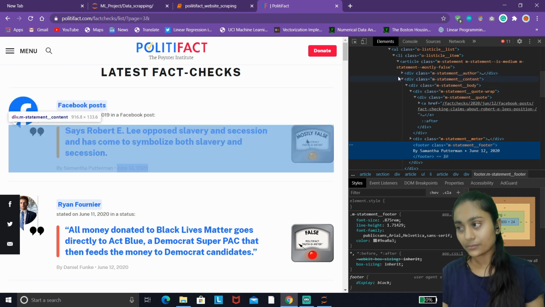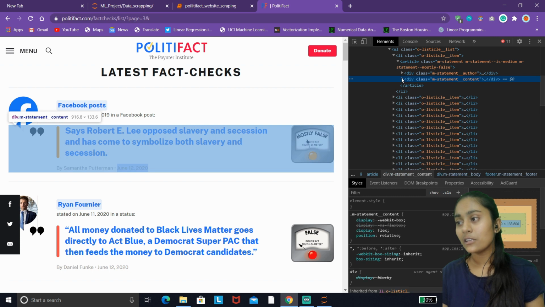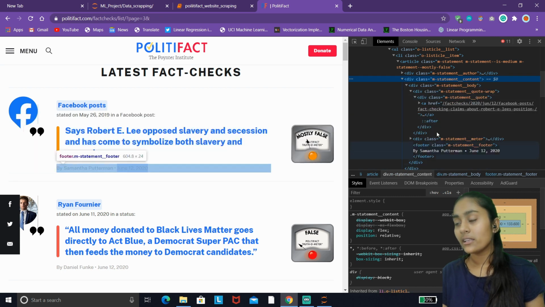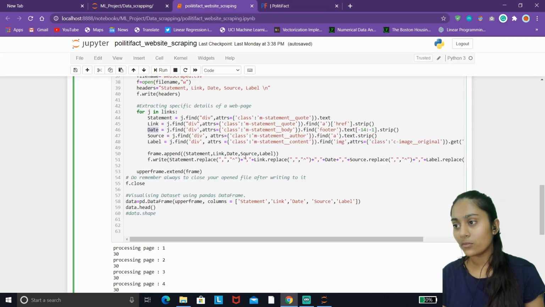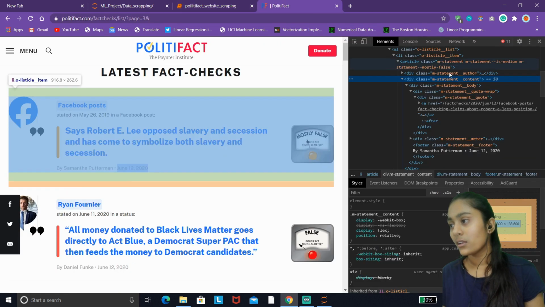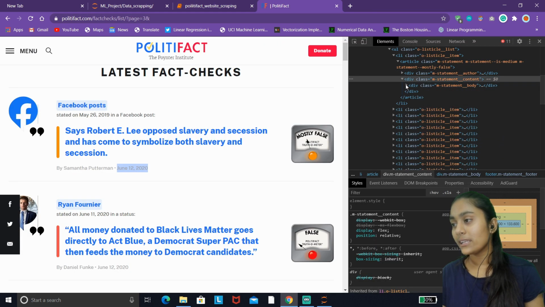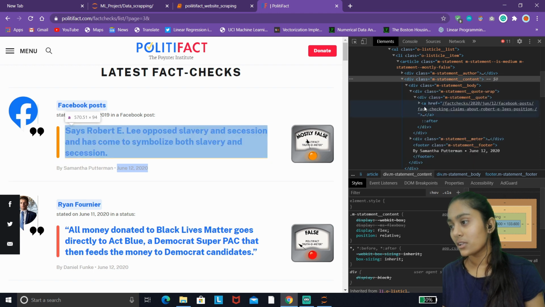So this is the outermost tag in which it is contained, right? Here we have specified the division and statement body. So here we are taking this, right?